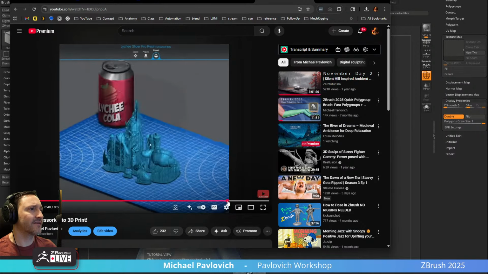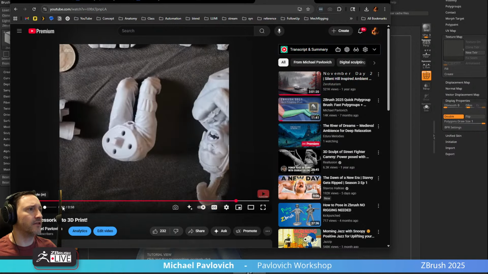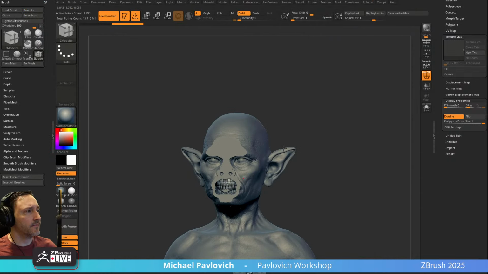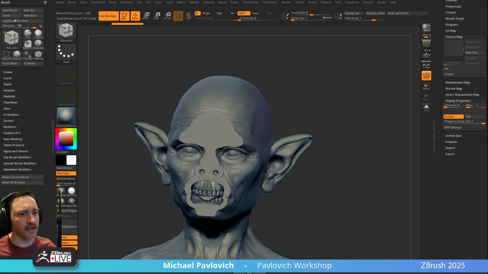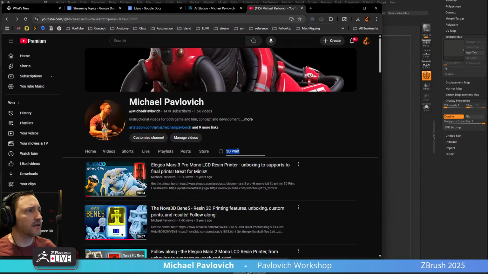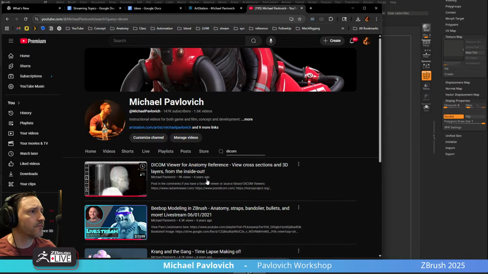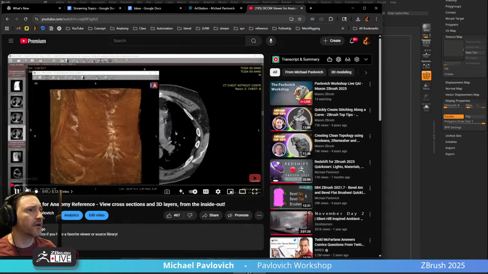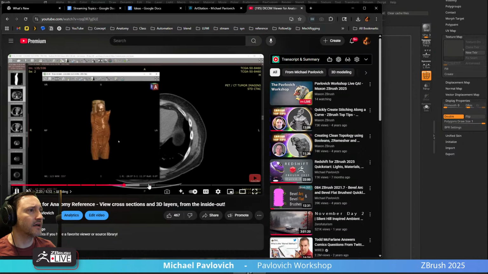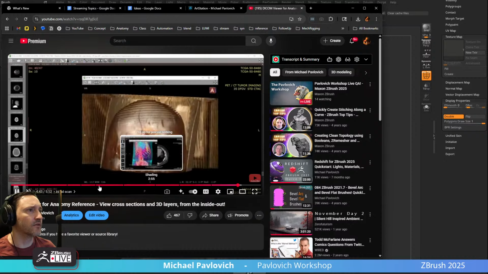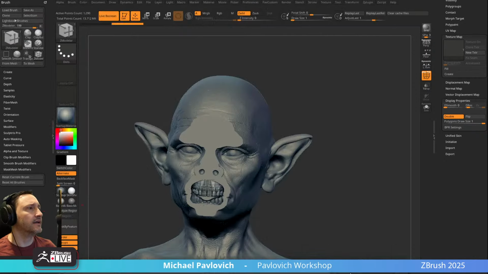So I guess that's kind of what we're going to be doing: we're going to be manually Booleaning some stuff for this guy's face. We're going to do a cross section of a face, kind of like the 3D print version of the DICOM viewer. If you want to know more about anatomy and stuff, I do go into how to download and use a DICOM viewer